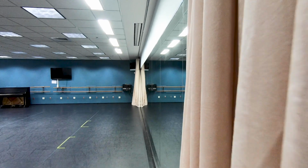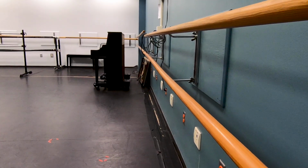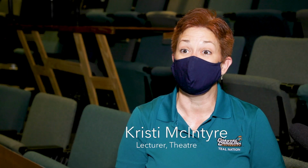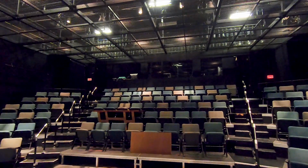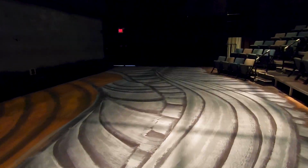Today's topic is how studios and labs are going to be taught this fall. We are going to honor the health and safety measures put into place by the university while also maintaining our need for the studio atmosphere. We're looking at smaller classrooms in bigger spaces, and we're also looking at utilizing the outdoor space as much as